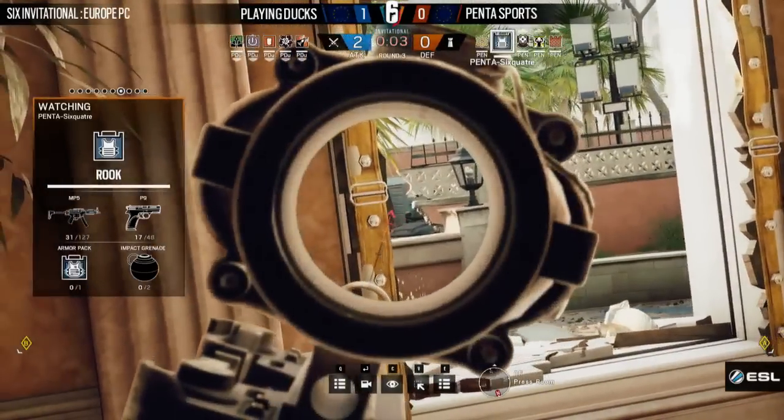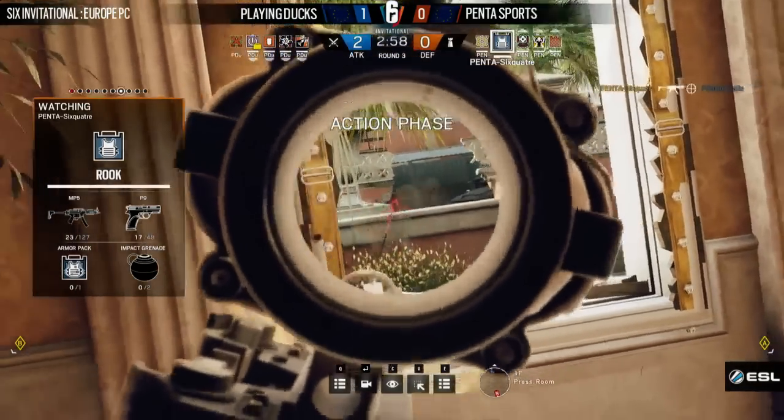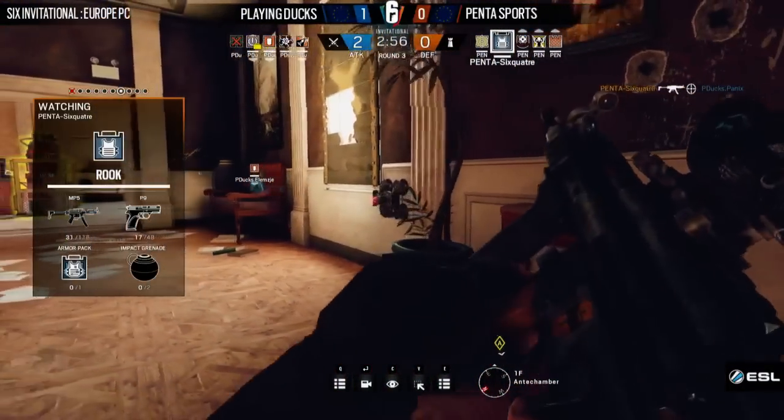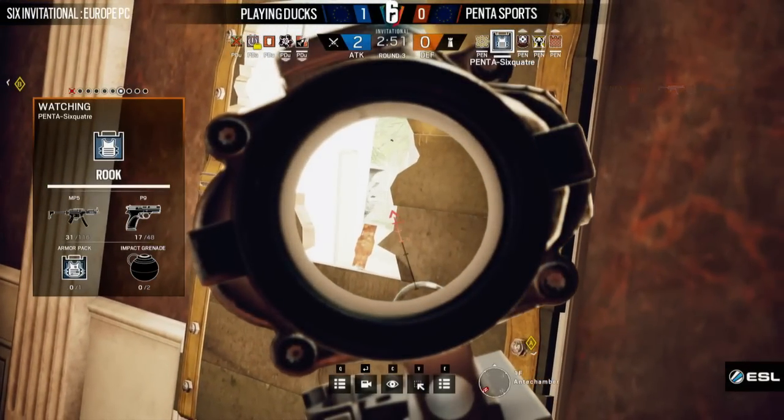Looks like he's going over to the piano room, going out towards the police entrance, which is where Panics is going to start. Gets the shot down onto him. Panics is just going to rush out of that spawn and ultimately fall to the bullets. Panics, you know better than that. Against anyone,